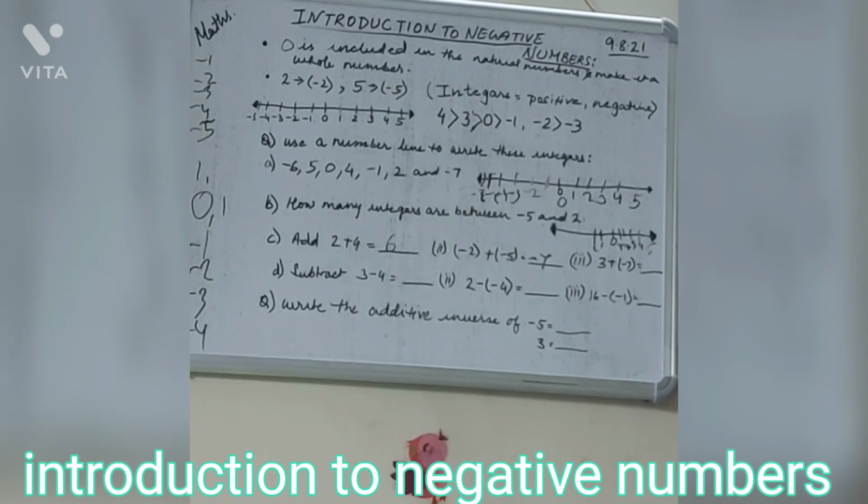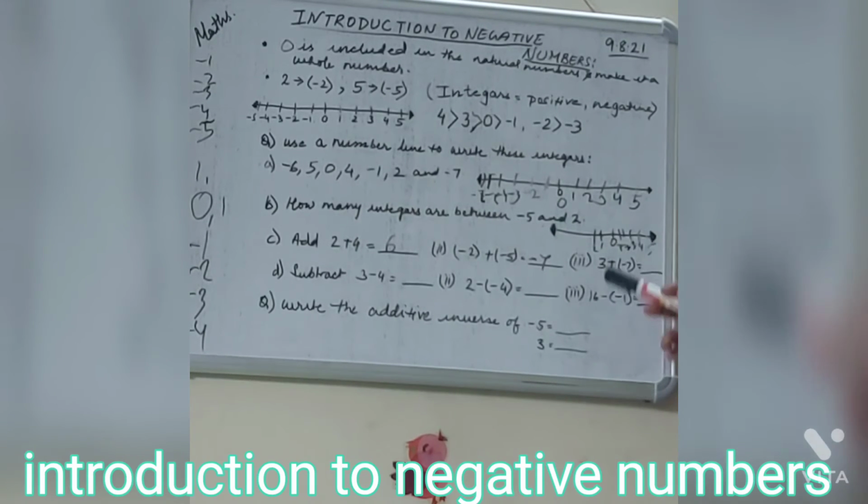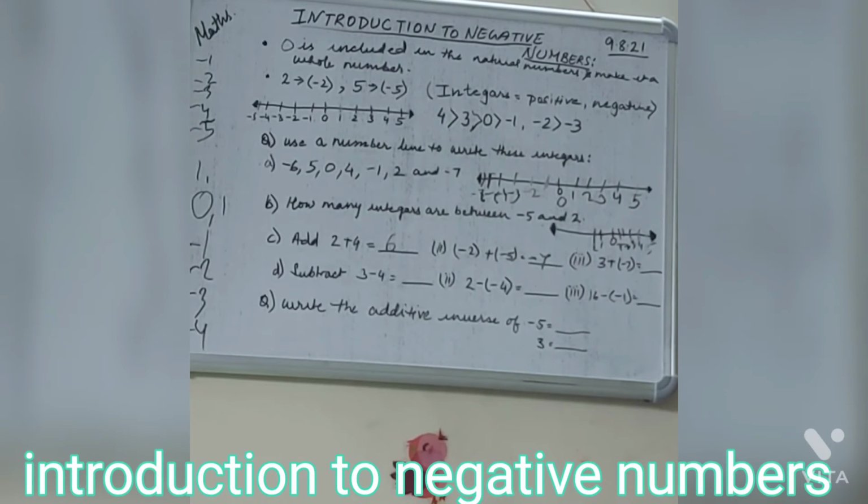Here we have another sum. 3 plus -7. Okay, although this is a sum of addition, they have different signs. For different signs we subtract. So we'll subtract 3 from 7, that is 4, and the sign of the bigger number, that is -4. So even if it is a sum of addition, do not forget that if the sign is different, it will be a subtraction.